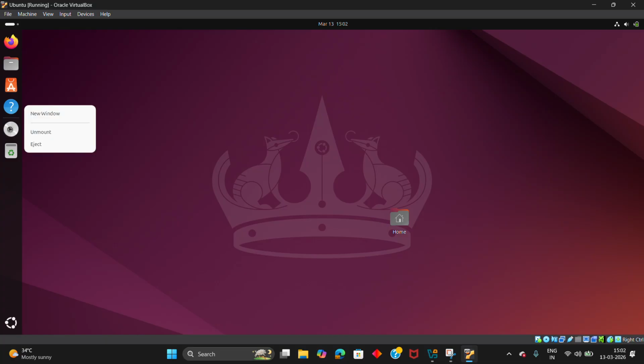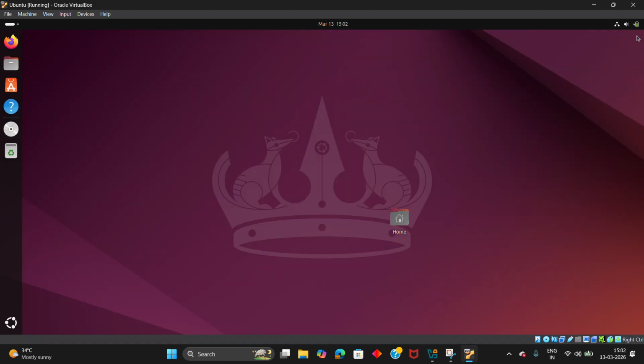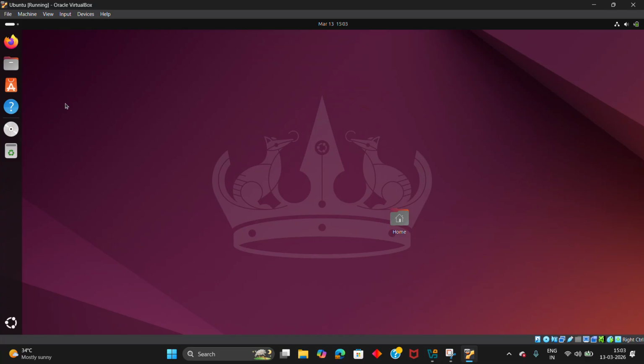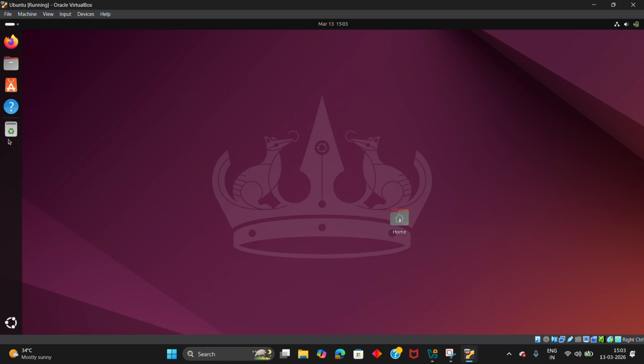simply what we need to do is right click on the CD button, and then unmount. I am going to discuss the next process, unmount. Click on unmount and then go to CD and then eject. Now the CD is not going to appear to you. The CD will be disabled. So the next process is